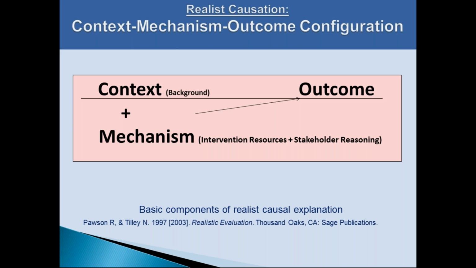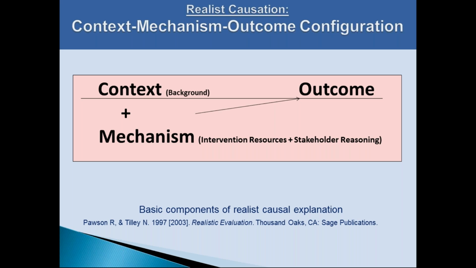Now, I've showed this slide before as well, and it's basically the same idea of context, mechanism, outcome, but just visually diagrammed differently to suggest that mechanisms happen at a different level, different layer of the reality. And it's at that level that is underpinning and more difficult to observe and bring into an empirical testing process.